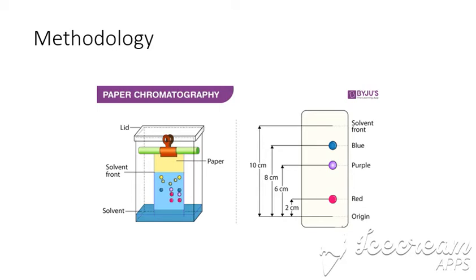After the development, after the separation of the particles, this particular filter paper, the stationary phase, is called the chromatograph. And all three colors, as you are looking in the picture, blue, purple and red, are separated. Before this, it is just a sample, a mixture. So we have applied a simple paper technique to separate and isolate these compounds.